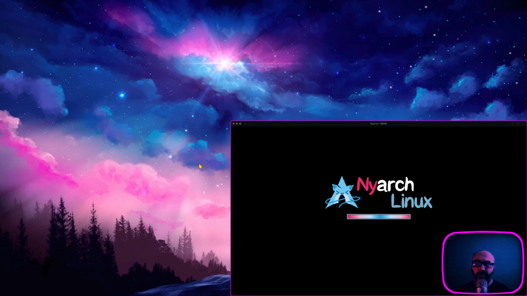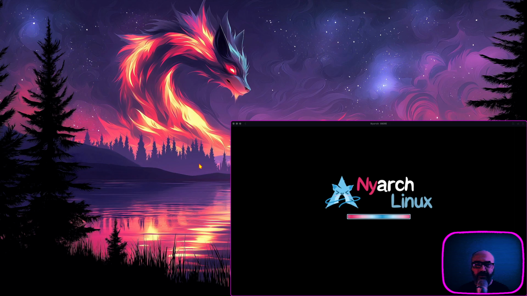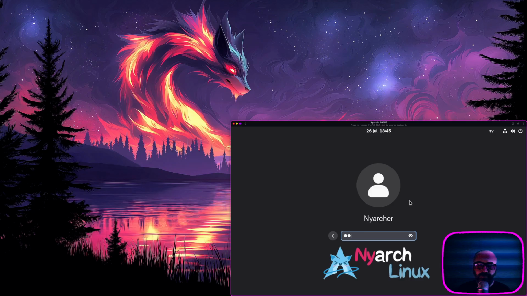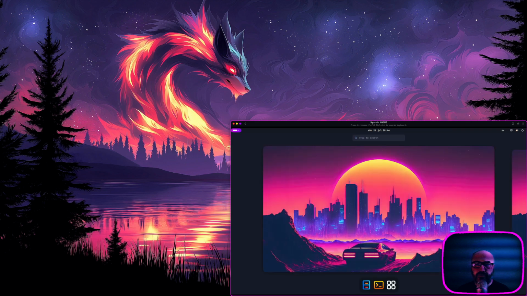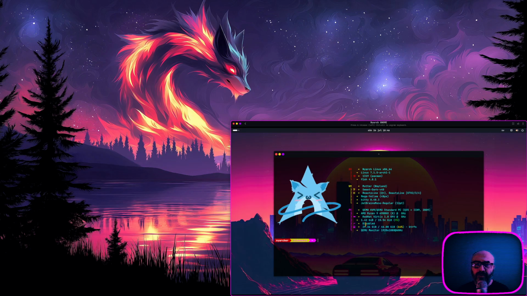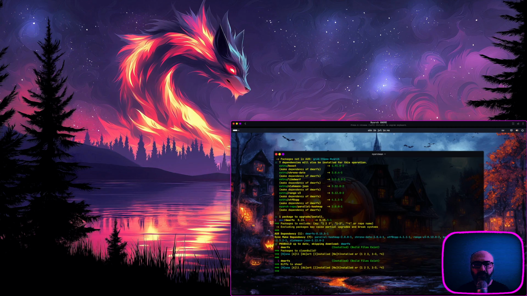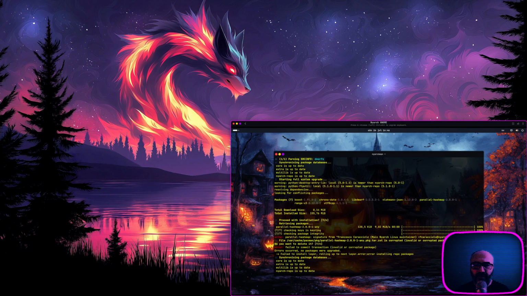It goes very quick. The performance inside the virtual machine is just fine. So here we are. This is a login screen, and for sure I did all the basic stuff, like for example having my fastfetch, as you can see, my terminal prompt, like having my Nyarch pacman updater. I'll just type the password and then boom, it's fully updated. I did it before I started the stream.